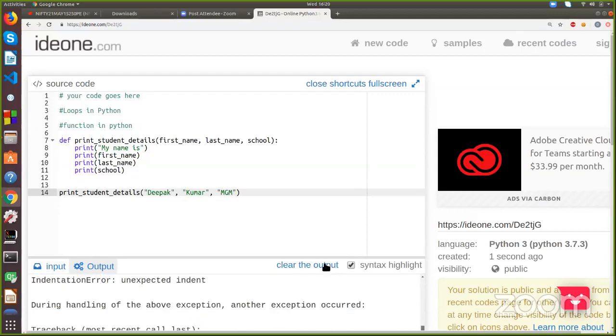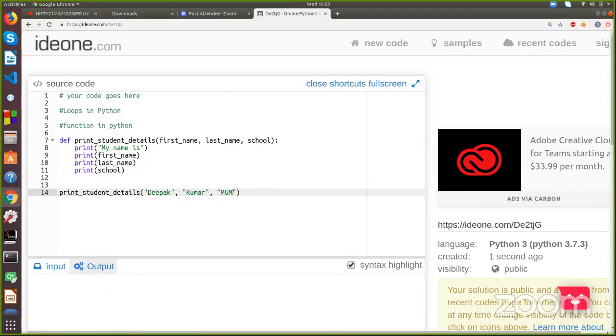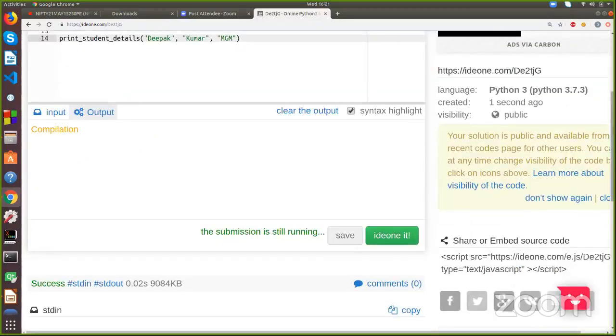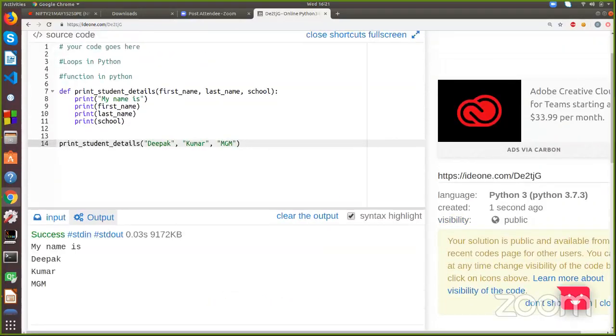Let me just run this code quickly and then I will go through it and make you understand. See, जिसको फंक्शन में डाउट था, for example, if I say you that you need to print the student details of 100 different students.